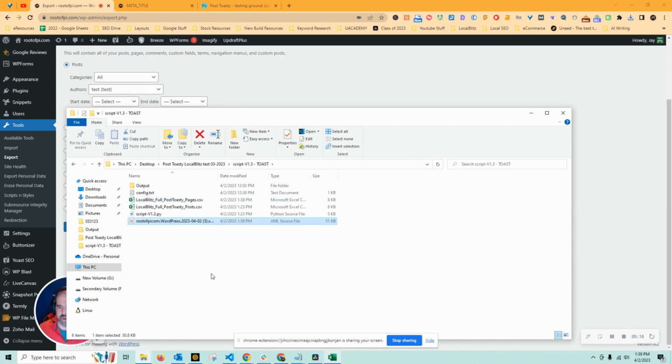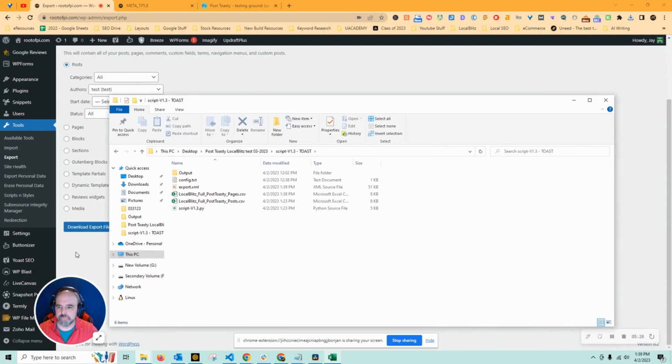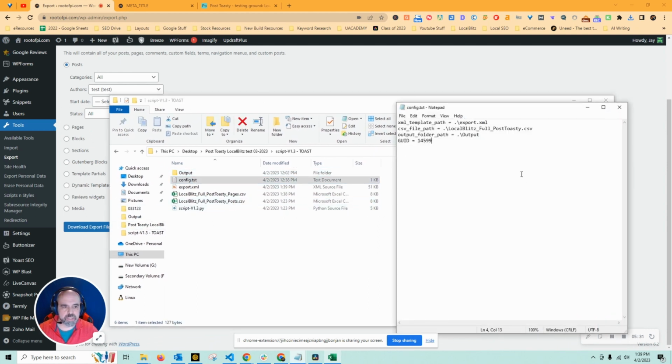Let's put it in here. And I hate this naming convention, so we're going to call it export posts. Okay, so we've got everything we need, and I'm going to go to my config. Okay, export.xml, post toasty, posts. All right, so the GUID, that's the one thing I'm going to have to go into the export file